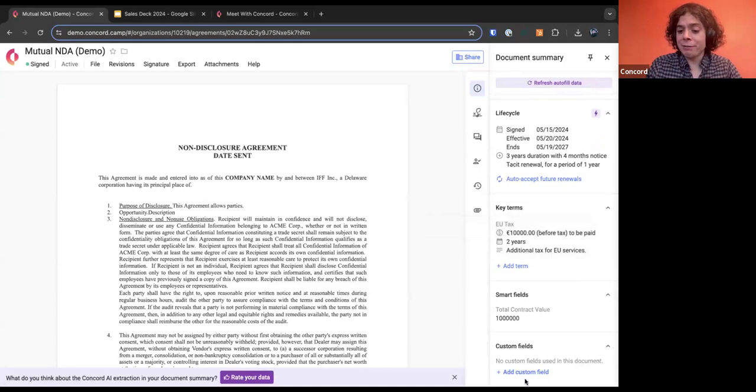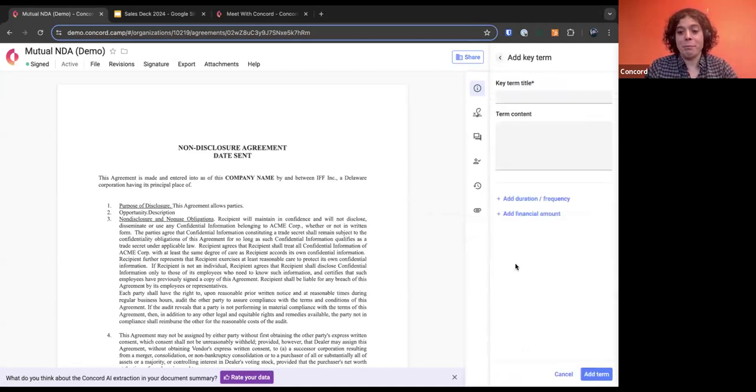The custom fields area for people who still use that will still be there as well. But the custom clauses is being rebranded as key terms in a release that's coming probably in about a month, when the AI itself fully launches closer to mid-July. But I put that information here, you can see, and at any time I can also add more information